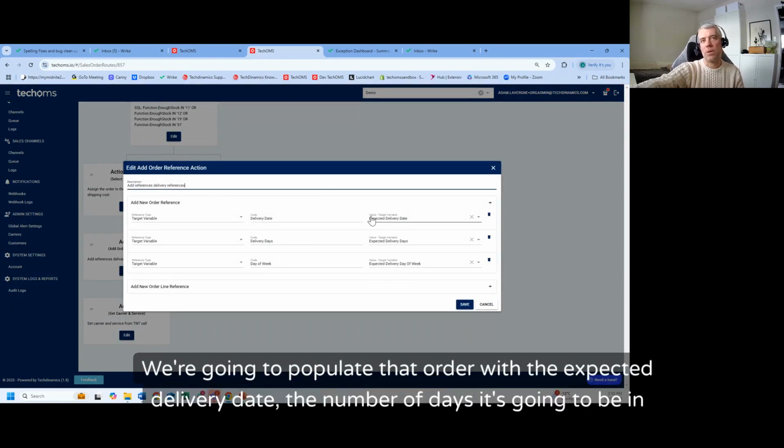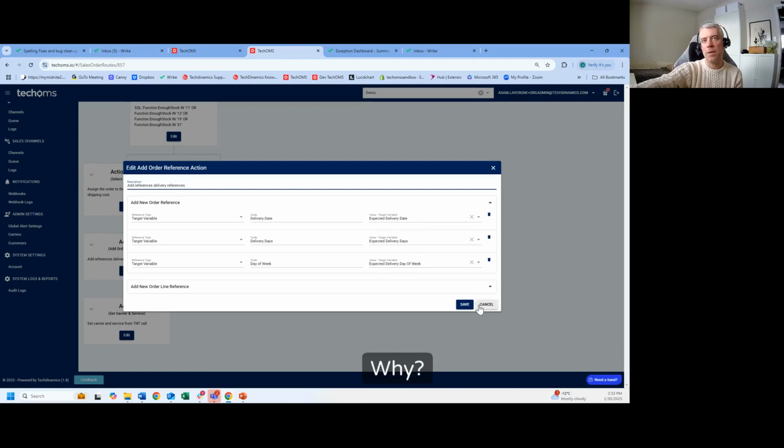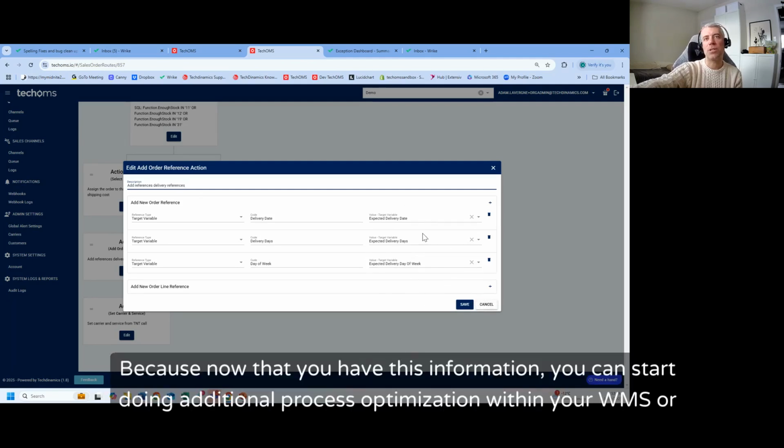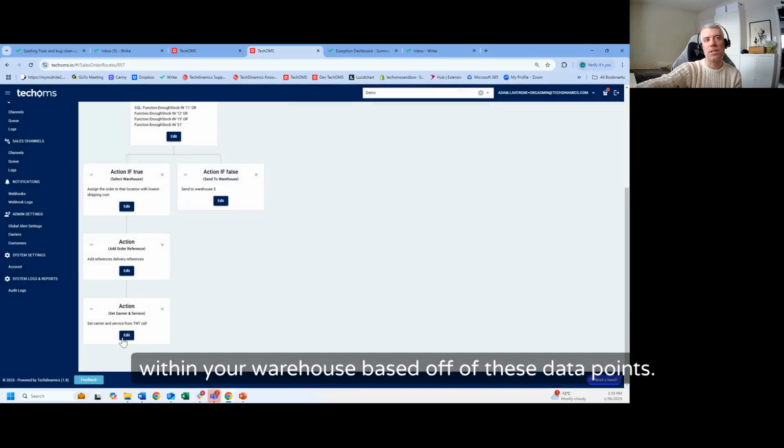We're going to populate that order with the expected delivery date, the number of days it's going to be in transit, and the expected delivery day of week. Why? Because now that you have this information, you can start doing additional process optimization within your WMS or within your warehouse based off of these data points. The other thing we can do,